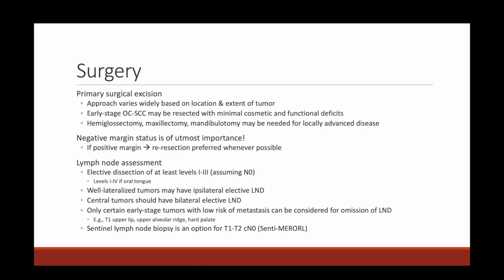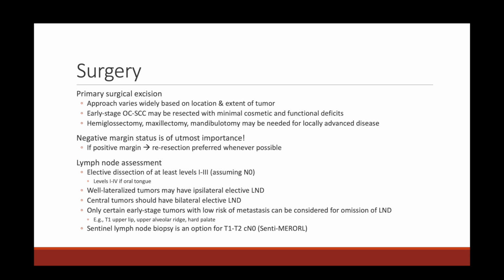So here are some more details around surgery for these patients. Remember, as long as it's possible to resect these tumors and as long as the patient is a good candidate, the recommendation is for upfront primary surgical excision, and the approaches can vary widely depending on the location and the extent of the tumor. So early stage cancers might be able to be resected with minimal cosmetic and functional deficits, but if disease is very locally advanced, then we really need extensive procedures, including things like hemiglossectomy, maxillectomy, mandibulotomy, again, depending on where the